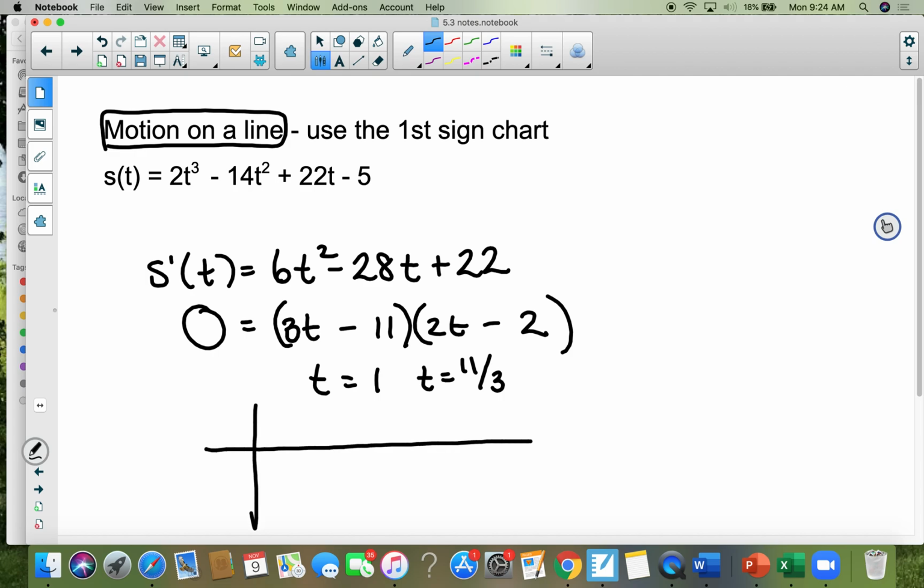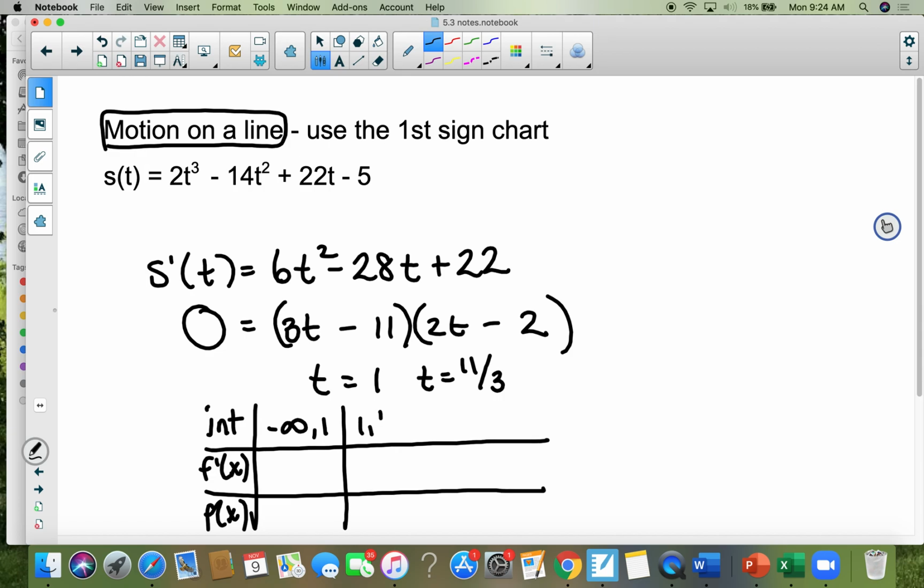So you're going to make yourself your first sign chart. This is the interval, this is the derivative, and this is the behavior of f of x. You're going to go from negative infinity to 1, 1 to 11/3, and then 11/3 to infinity. You're going to put 0 into the derivative, and you're going to get a positive. Between 1 and 11/3 is 2, so when I put 2 in there, I'm going to get 24 minus